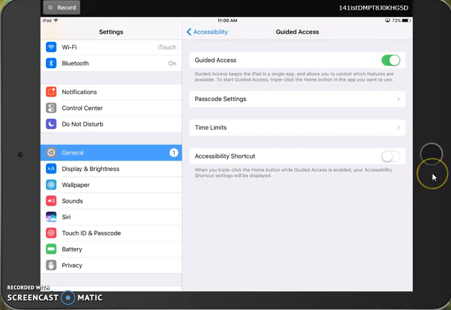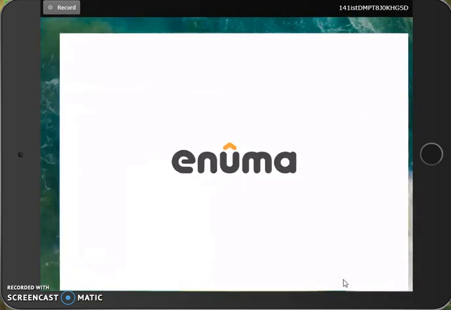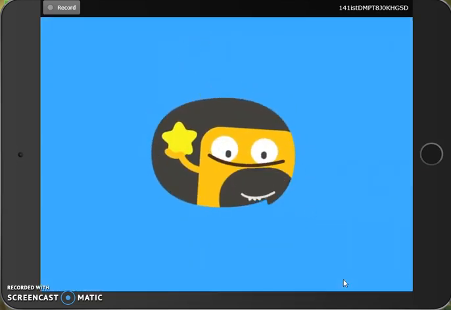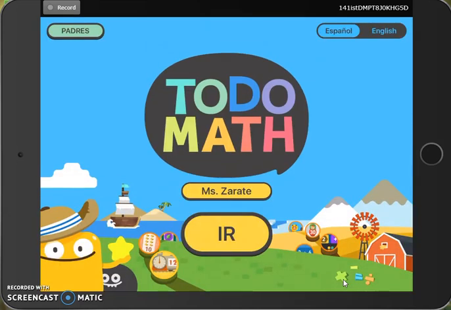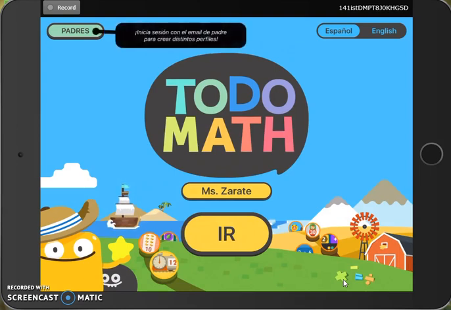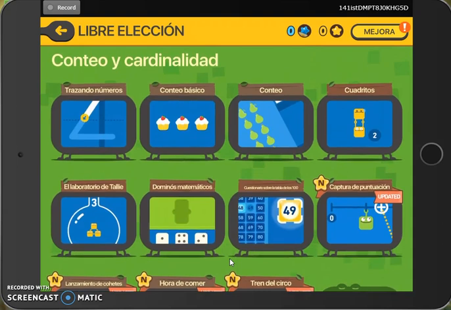Using the Home button, I'm going to close my settings application. And I'm going to go ahead and open Toto Math, which is one of my favorite math applications. Toto Math. I think it's funny that they pronounce it that way. So I'm going to go and get started working. Now, if this is an app that I've chosen for my students to work on for the next 20 minutes or so, what I'll do in order to restrict access to just this application